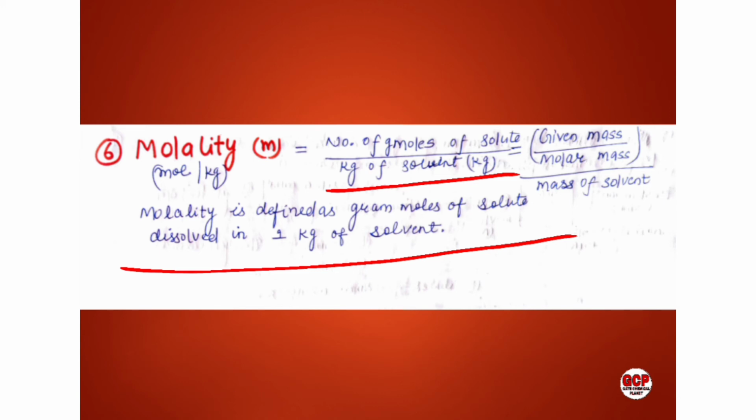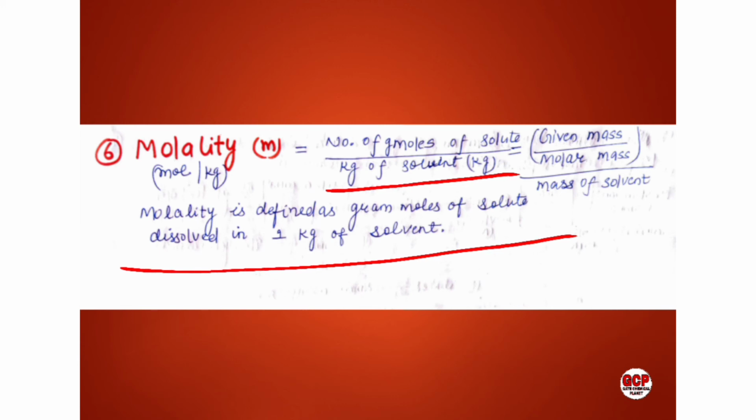So here we can write molality equals the given mass divided by the molar mass and divided by the mass of solvent. Here there is an equal to sign missing. So please put an equal to sign here. In the slide it is not added, so please add it. By mistake the equal to sign is not there. So now the molality value in terms of molar mass is the given mass divided by the molar mass and divided by the mass of solvent. So in the case of molality, we are considering the kilograms of solvent.